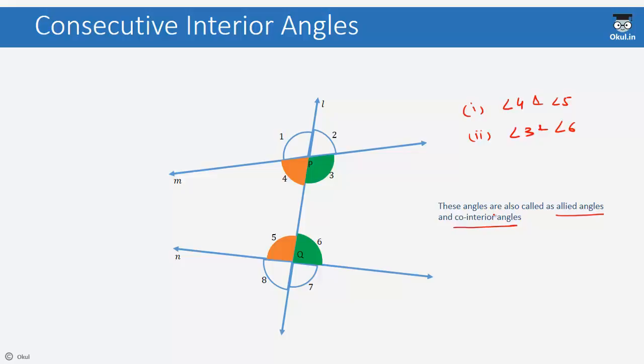Now we have learnt about the nomenclature of the angles formed when the transversal cuts the two lines. Now we learn about a special case, when these two lines, that is M and N, are parallel to one another,